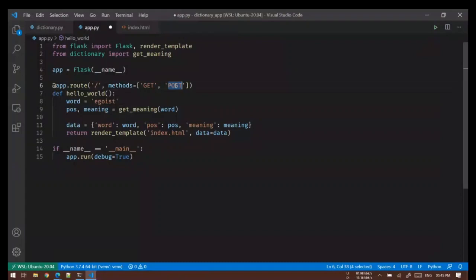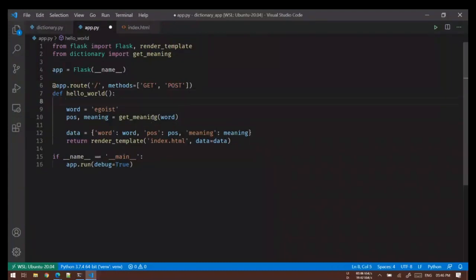Okay. So when you're posting something, that means you are sending it to someone else. When you get a post from someone, that means you are receiving it. So when you are requesting some data from the server, it will directly send you the response, and you have received the response if you get status code as 200. Post means you are posting some data on the server that is to be saved or for verification or for authentication. Okay. So this is what we can do.